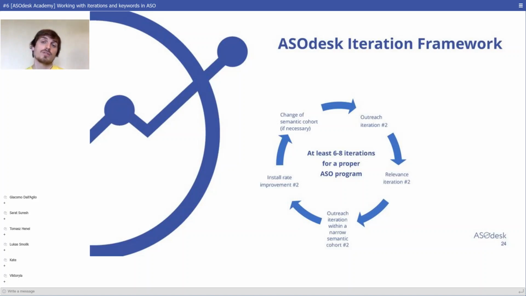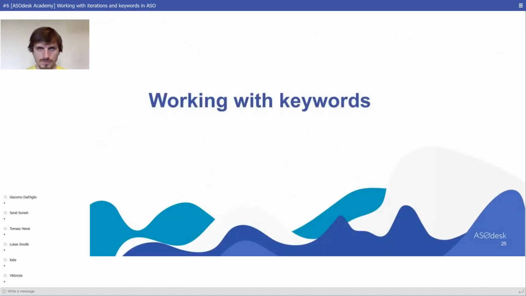We need this iteration framework when we are starting App Store optimization of the app for the new country, new locale. So basically that's it about iterations. So the next stage of today's lecture I would like to talk about is